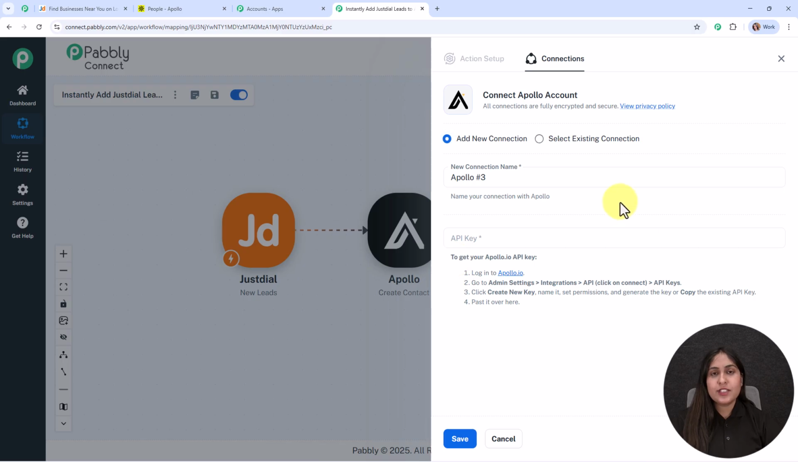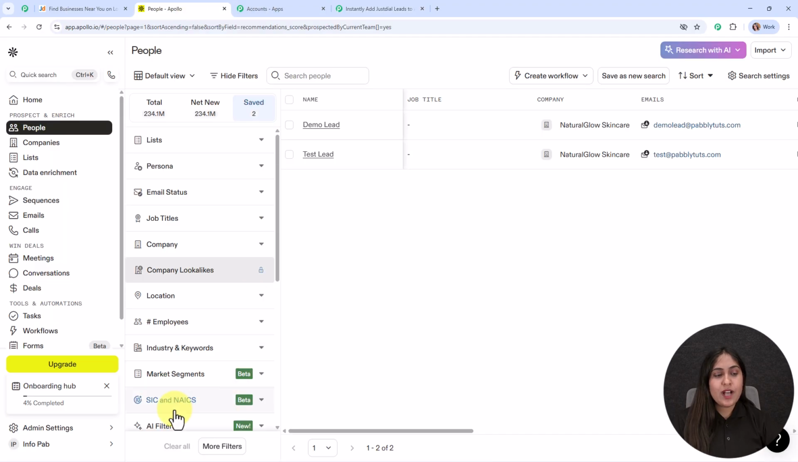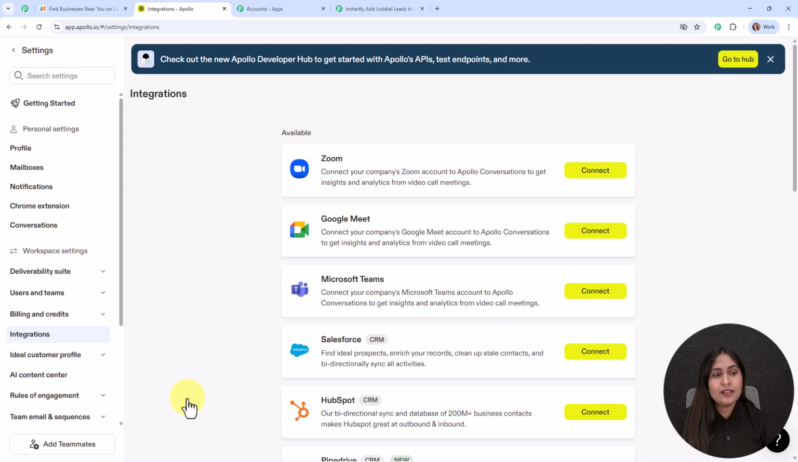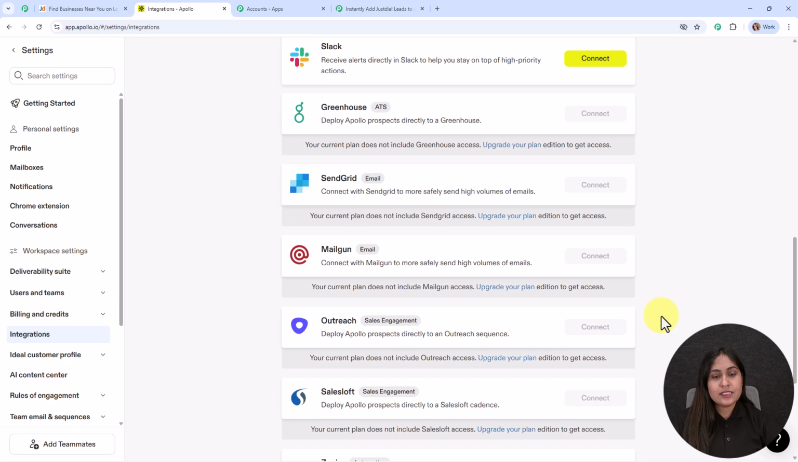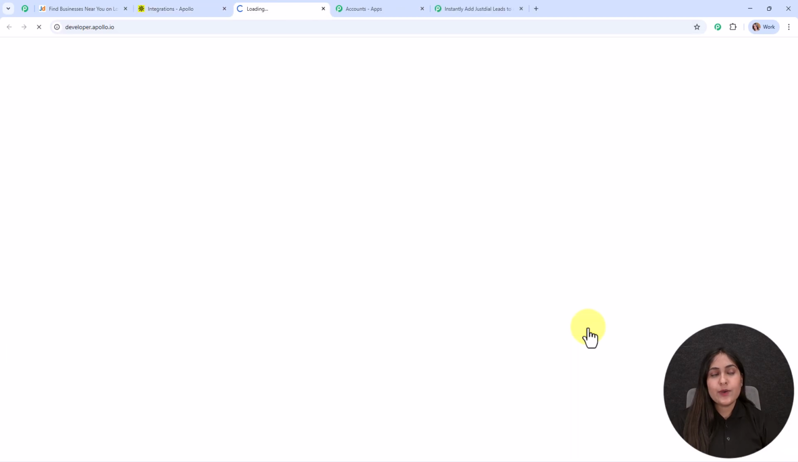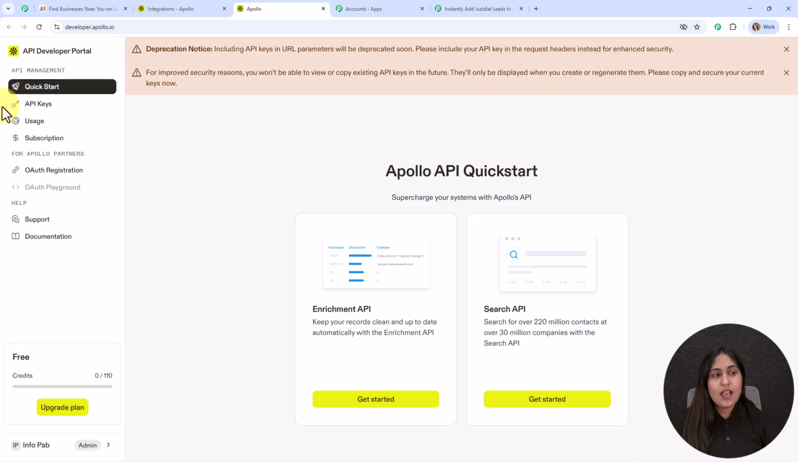And now here to build a new connection, it is asking me to add the API key. So here following the instructions given below. Here I've already logged in my Apollo account, and from here I'm going to click on the admin settings given in the left side bar. From here we are going to select integrations. And here in the integrations, we are going to scroll a little down, and in the last you can see the option of API. So we're going to click on this connect option,